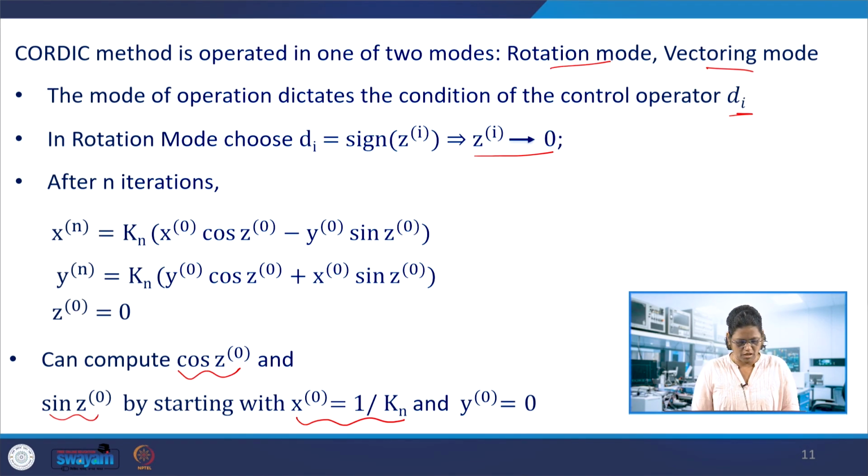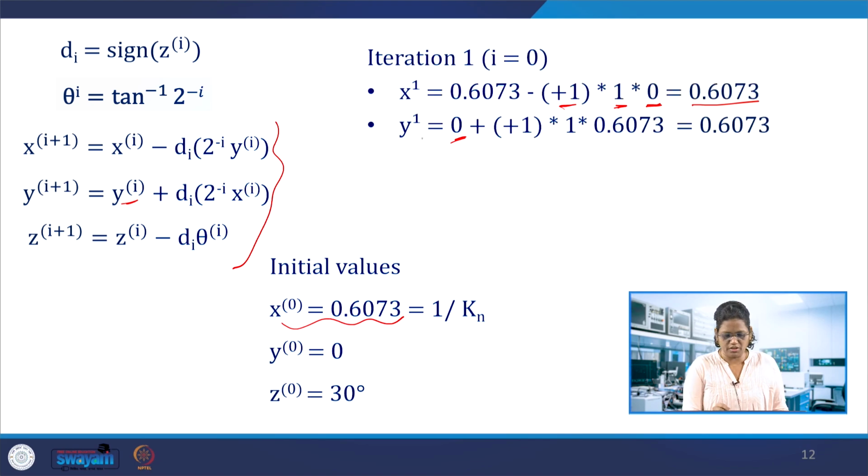So we can compute this cos and sine both by assuming these values. Coming to the first iteration, this is y of 0 here, and di is plus initially, that is, there is no rotation. Assume this is plus, and then this is going to be 1, and xi, what we obtained, is here 0.6073. So this is x of 0, not x of 1, so 0.6073, which also results in 0.6073.